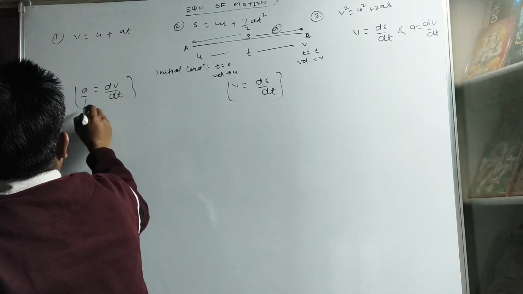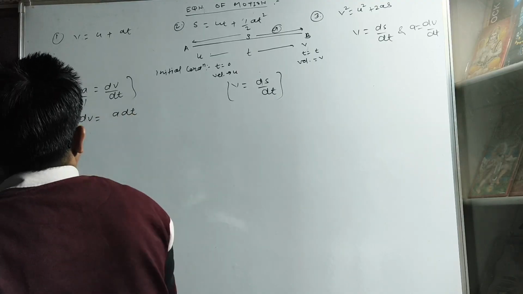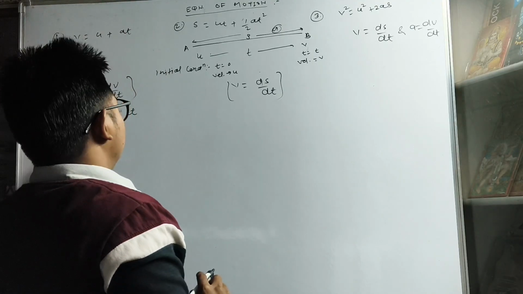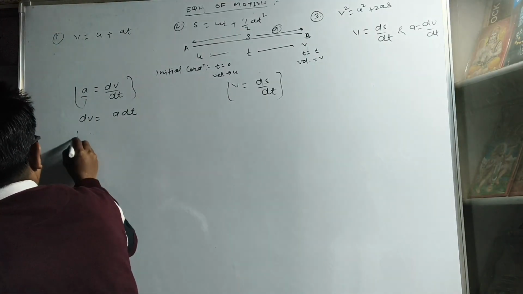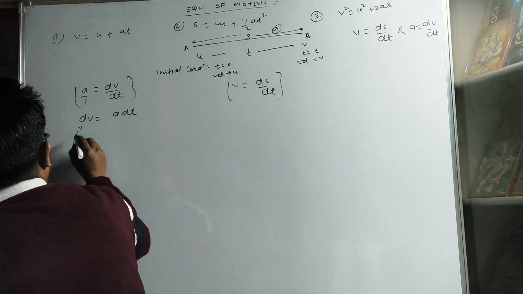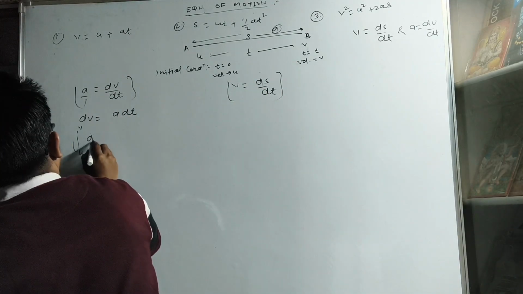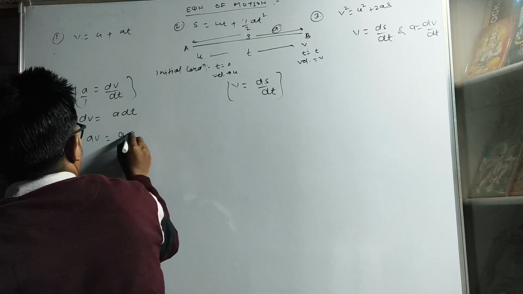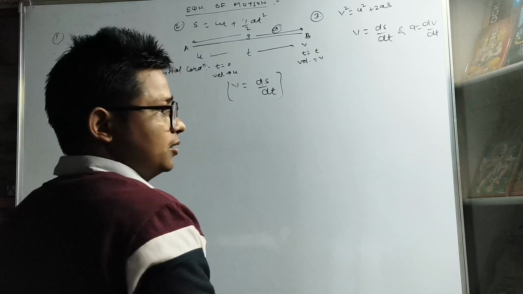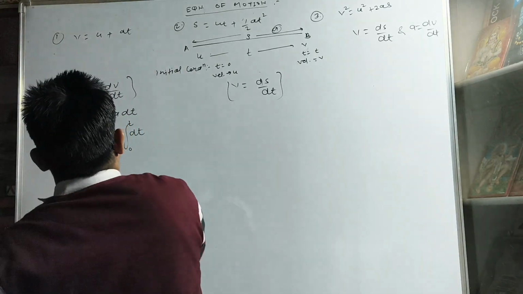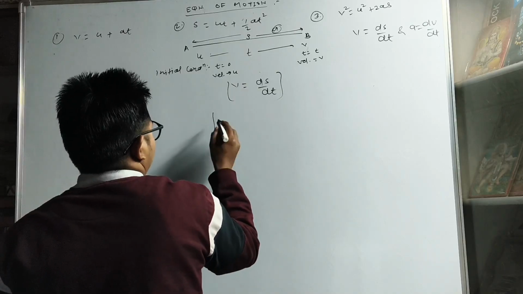That means if we cross multiply, dv equals a dt. Now integrating this result from the initial to the final condition. So dv integrated from u to v, because the initial velocity is u and the final is v, and a dt from 0 to t. Any constant term will become its integral with respect to v only. If we apply here the formula